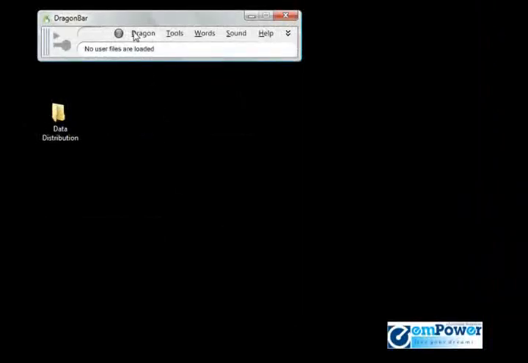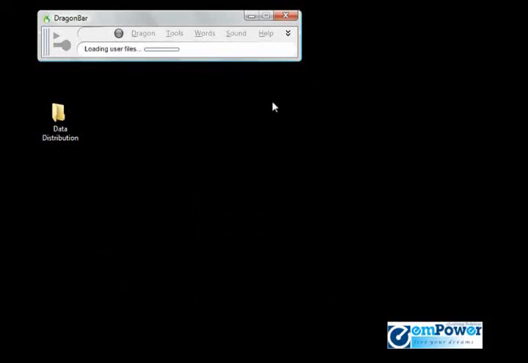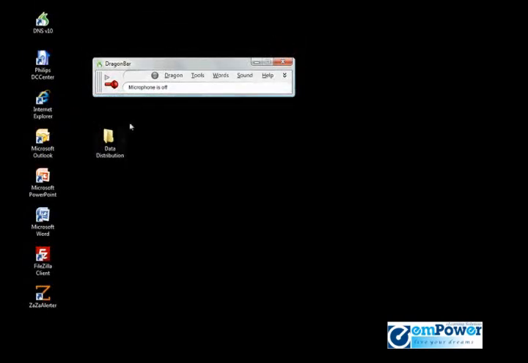Let me now open up my user profile. We're done with the administrative settings part. So I'm going to go ahead and open up my USB profile. All I've done really is create a folder called Data Distribution. I then went into Tools, Administrative Settings, and changed the default directory. Now that I've set it up, we're going to use the data distribution tool to push out these words and these macros and these commands to any other user that creates a profile. The data distribution tool can be found by going to Start,